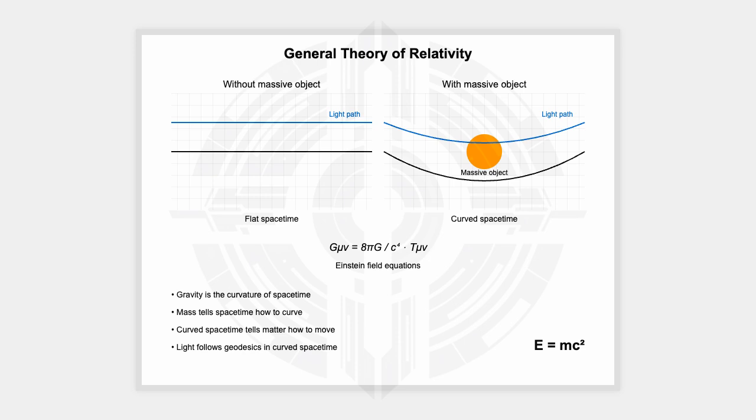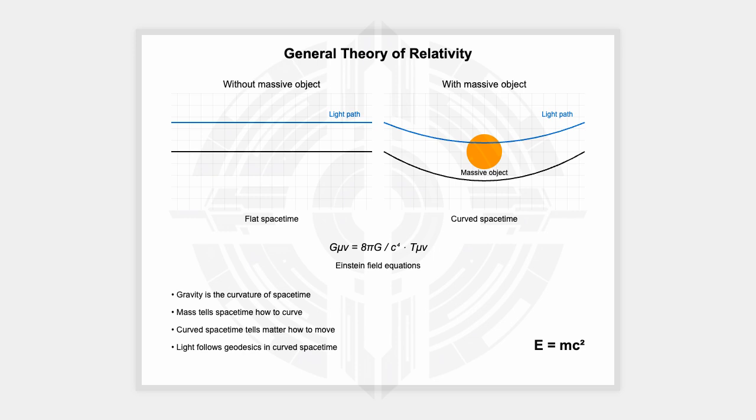Hold on, wait a minute. We're already talking about bending time. This is where my brain starts to feel a bit fuzzy. I understand. It's a lot to wrap your head around. But think of it this way. Imagine an ant crawling on a flat sheet of paper. To that ant, its world is two-dimensional. It doesn't experience up or down. We, on the other hand, can see the entire sheet, including the third dimension that the ant is unaware of.